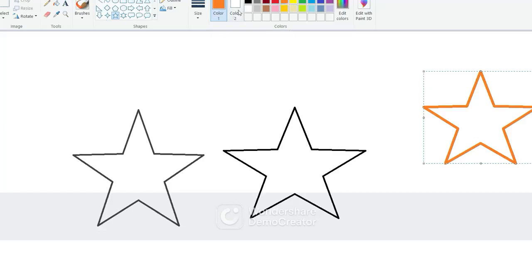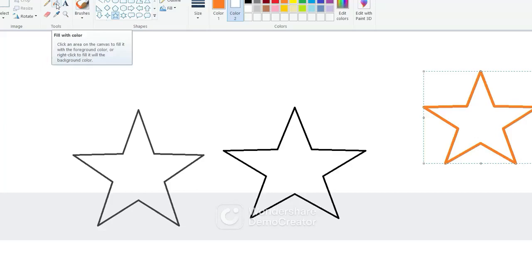Now suppose in the background I want to change my color. Look at my mouse pointer, inside my 5-point star shape, I am getting white right now. It means I have not put any color inside it. Now I want to put a color inside it. So for that I need to choose a background color, and to fill the color inside the closed shape, we use a tool from the Home tab, Tools group. We have the tool Fill with color. So what will the fill with color tool do? It will fill the color into the closed shape.